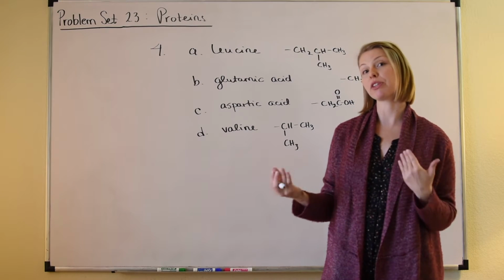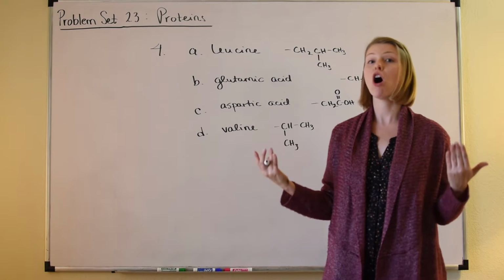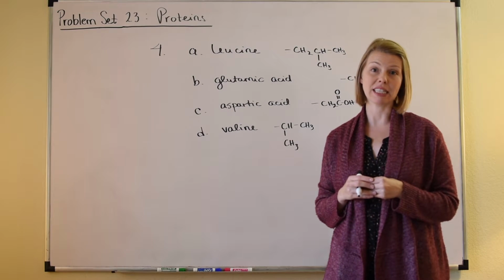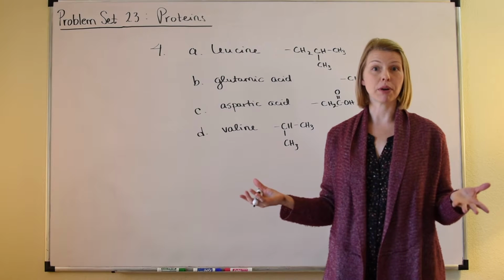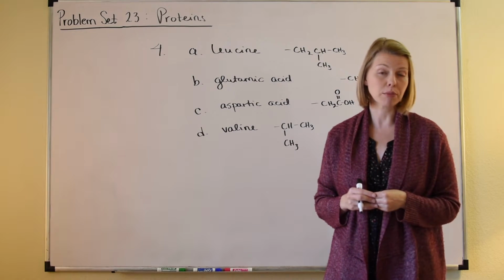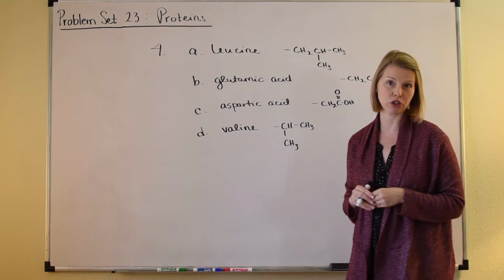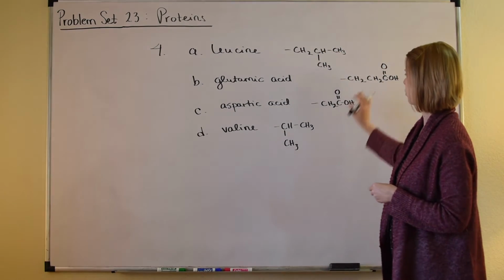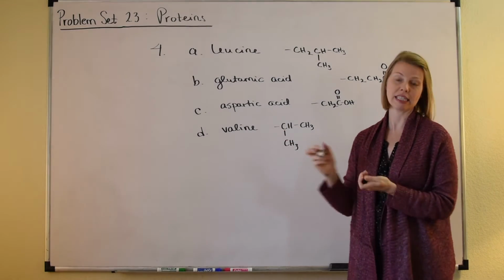So you'll want to clarify with your instructor whether or not you need to memorize all 20 of those different amino acid side groups. If you don't need to memorize them, just make sure that you know where to look them up. You can do it easily in your textbook, I'm sure, but you can also do it quickly with a Google search. All right, so these are the side groups for these 4 different amino acids